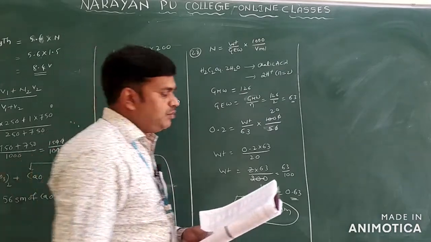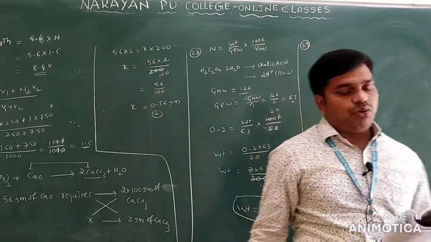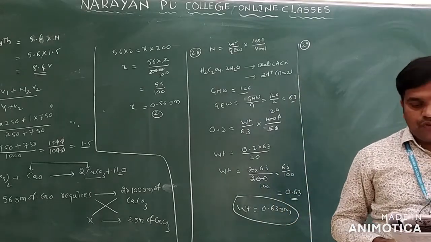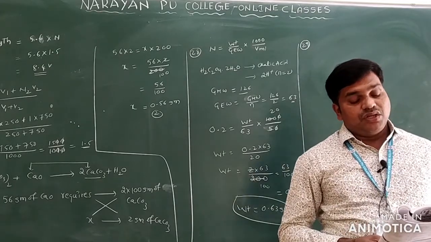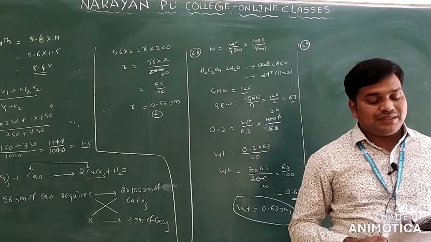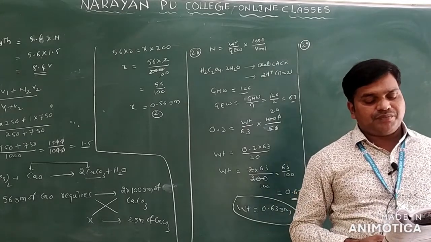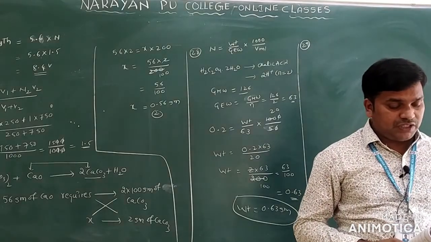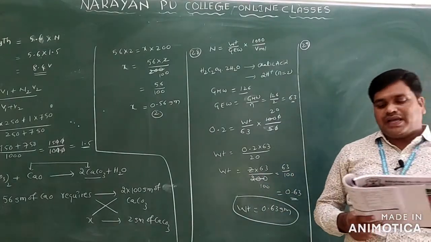Next you can see question number 29. 125 ml of 63% weight by volume H2C2O4·2H2O solution is made to react with 125 ml of 40% weight by volume NaOH solution. They are asking the nature of the resulting solution. Here oxalic acid is given and NaOH is given. So what is the nature of the solution? We have to find this out. Clear? Weight by volume percent is given for acid and what? Base.